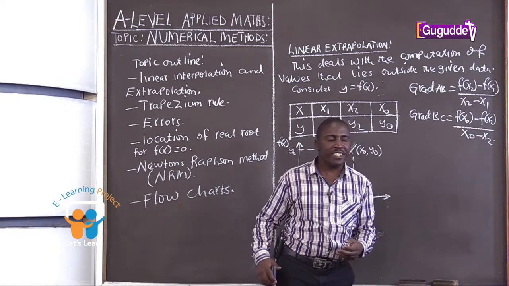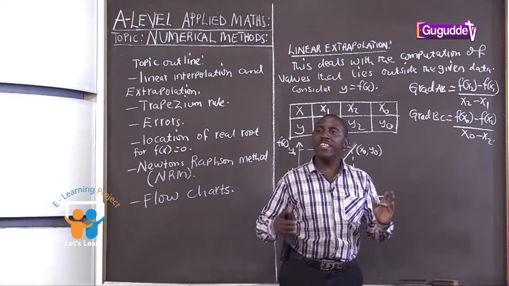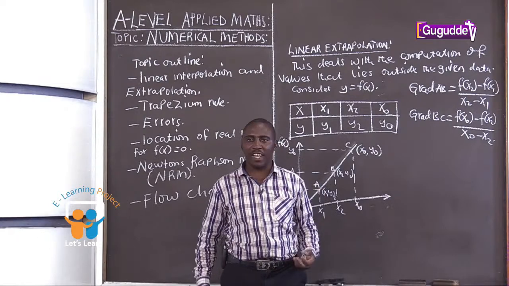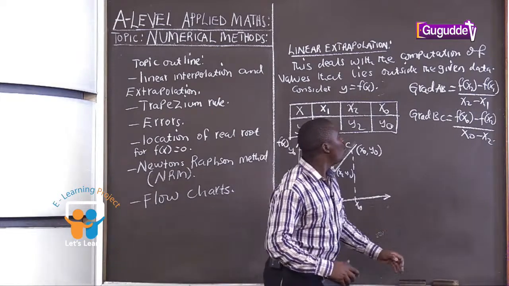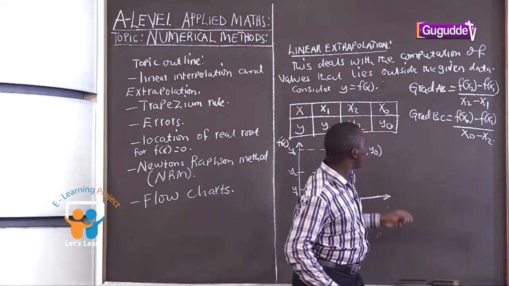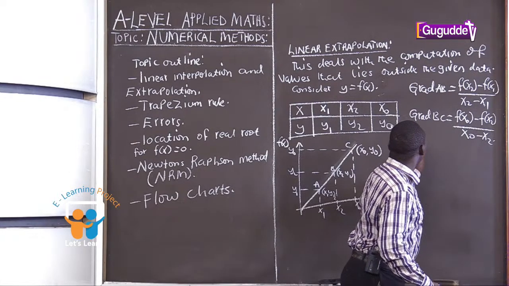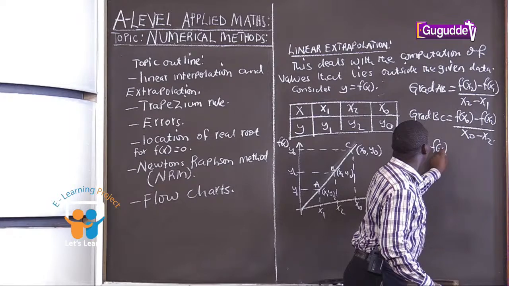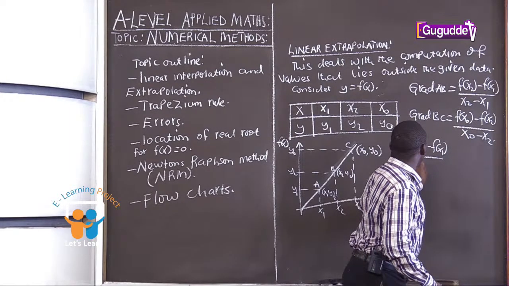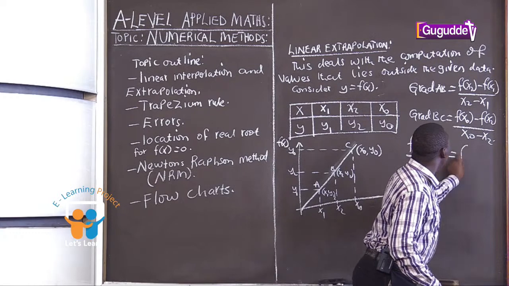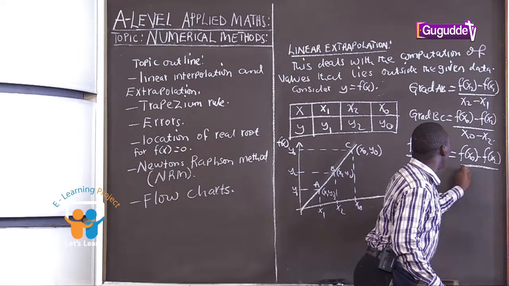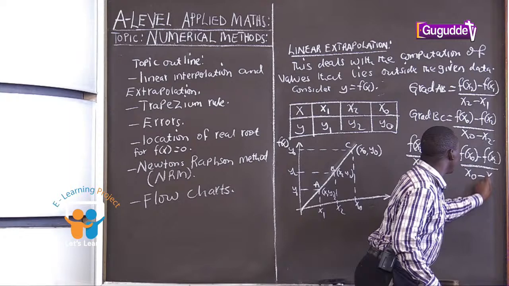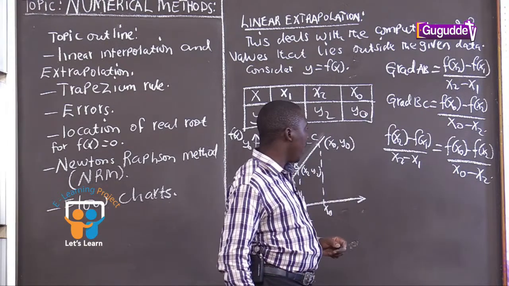So if this is the case, ladies and gentlemen, remember that it is a linear straight line. So it implies that these two gradients are the same. So if these two gradients are the same, we shall go ahead and equate them. So we shall have f of x2 minus f of x1 over x2 minus x1 is equivalent to f of x0 minus f of x2 over x0 minus x2. When we reach this point, ladies and gentlemen, we shall go ahead and make x0 the subject of the formula. If we make x0